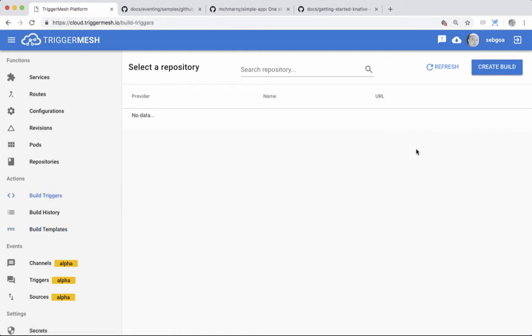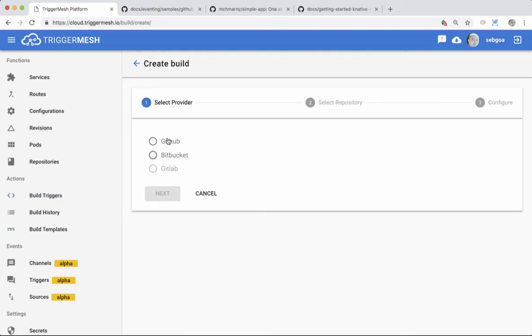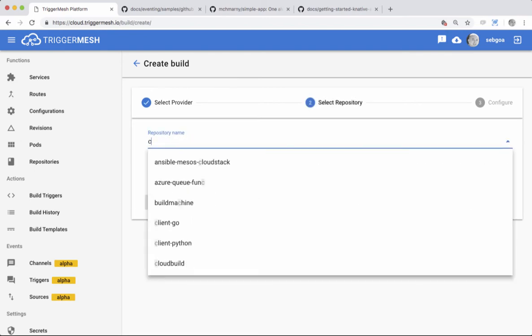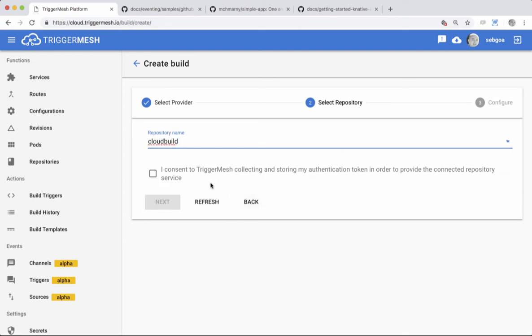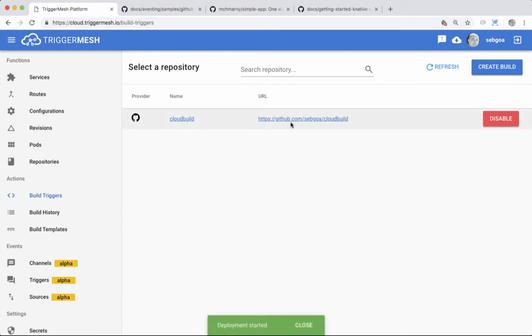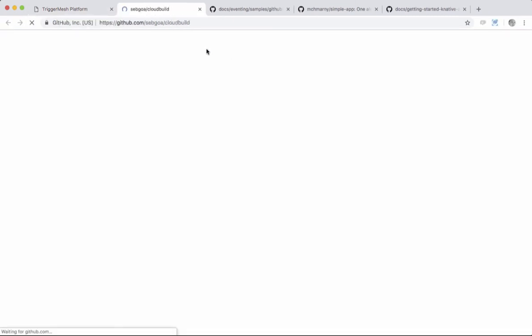So now, how do you actually trigger a build? We integrated with GitHub, so you can say, I'm trying to run this job here that's on GitHub. I'm seeing a list of all my GitHub repositories, and I say next. When you do this, you're registering a GitHub repo, and our backend is going to look at this cloud-build.yaml definition